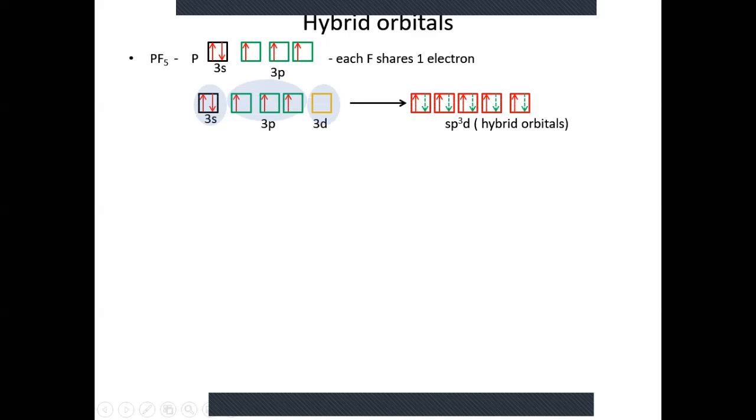And so this is why row 2 elements can't have this type of hybridization, because row 2 elements do not have a d orbital. Because this is the second energy level, there's no d orbital in the second energy level. So therefore, period 2 elements cannot be sp3d hybridized. So here we would say phosphorus